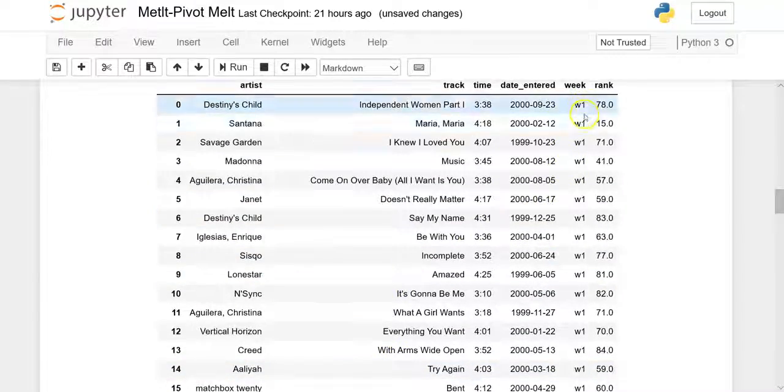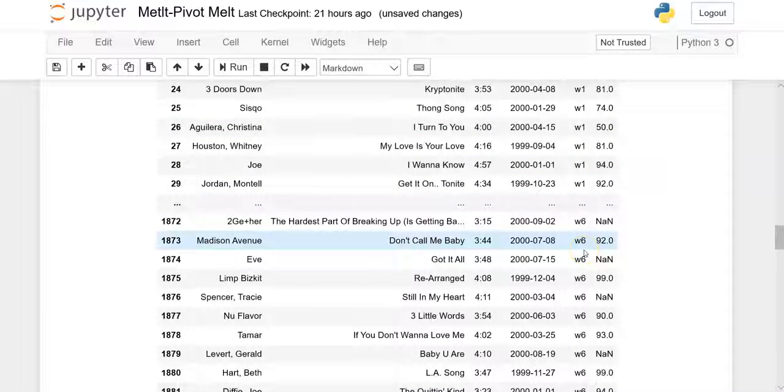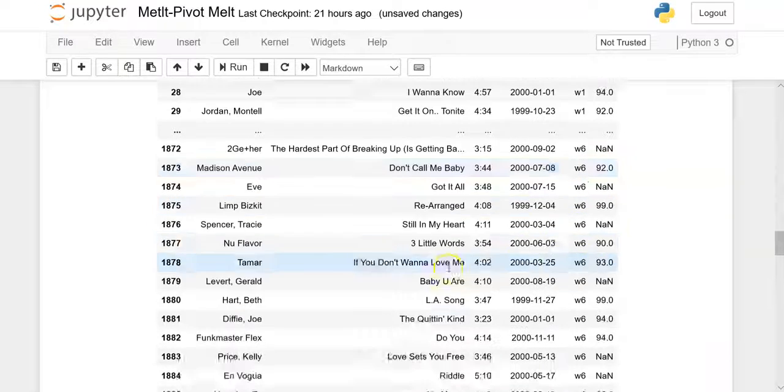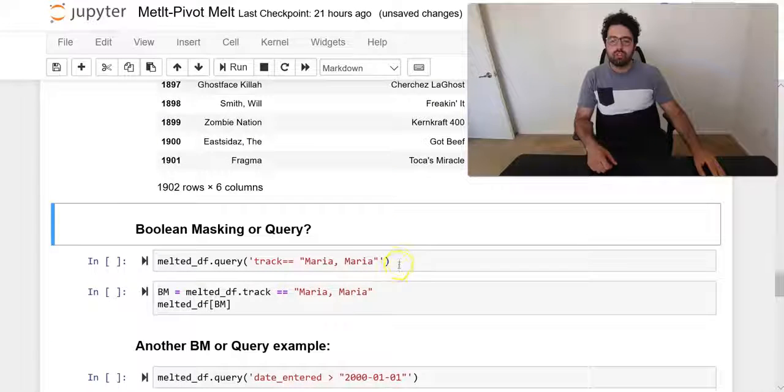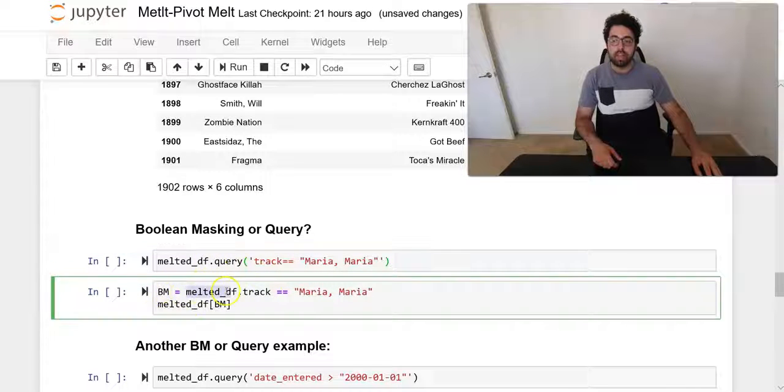I mean, we are seeing that W1, W2, all of them are here, but we are not looking at all of the possibilities, because we are not seeing this actually working from W1, W2 all the way to W6. So let's take a look at just one of the tracks and see if that is working for that one track. One of the ways you can do this would have been to do a Boolean mask